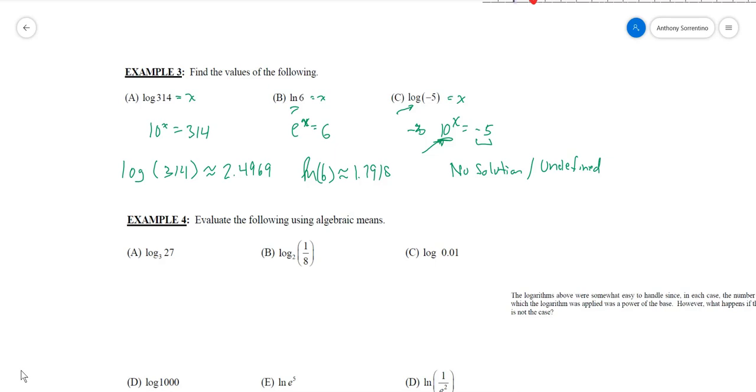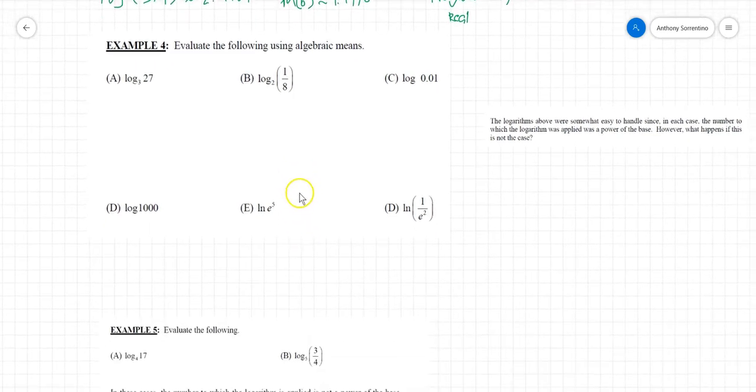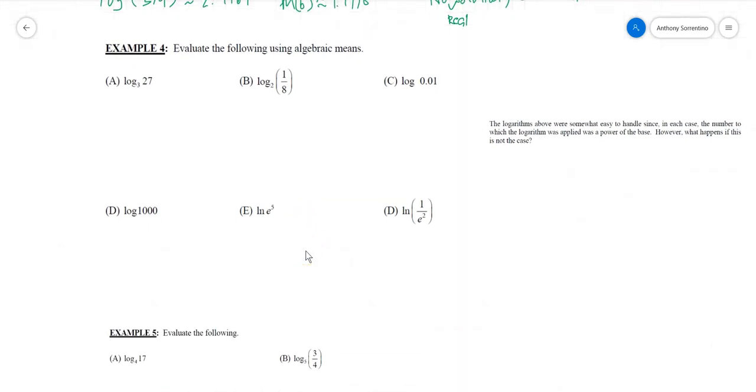Well, technically it should say no real solution. You can do logarithms of negatives. There are ways of dealing with that. That gets into complex number theory, which is something that is done quite a bit in the pre-calculus course, Math 200. So now for example 4, it's a very similar question, except